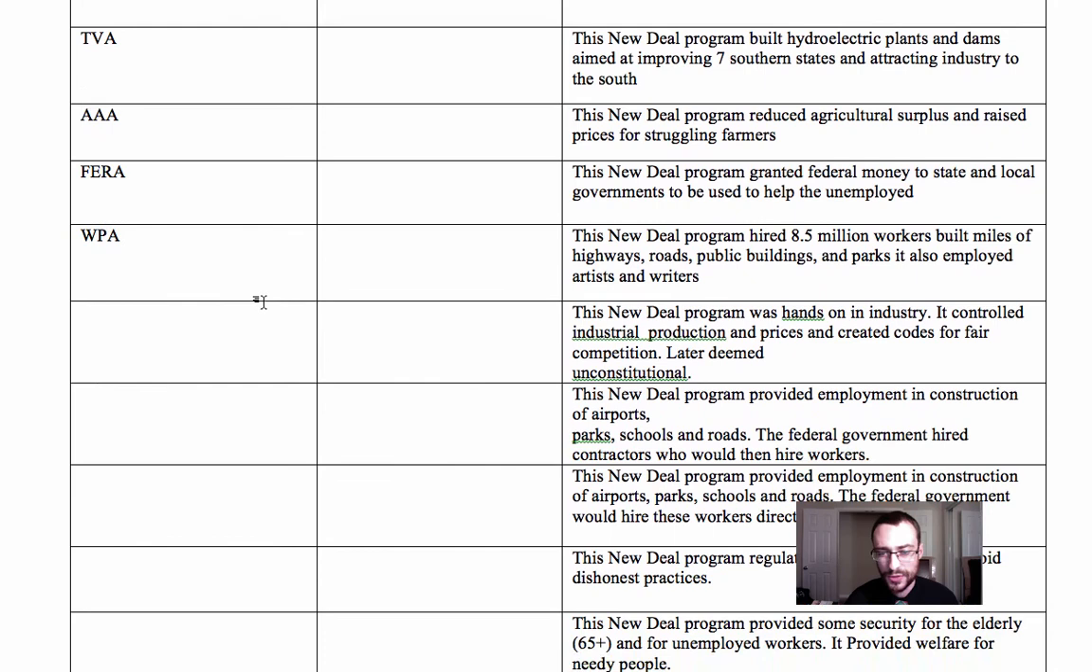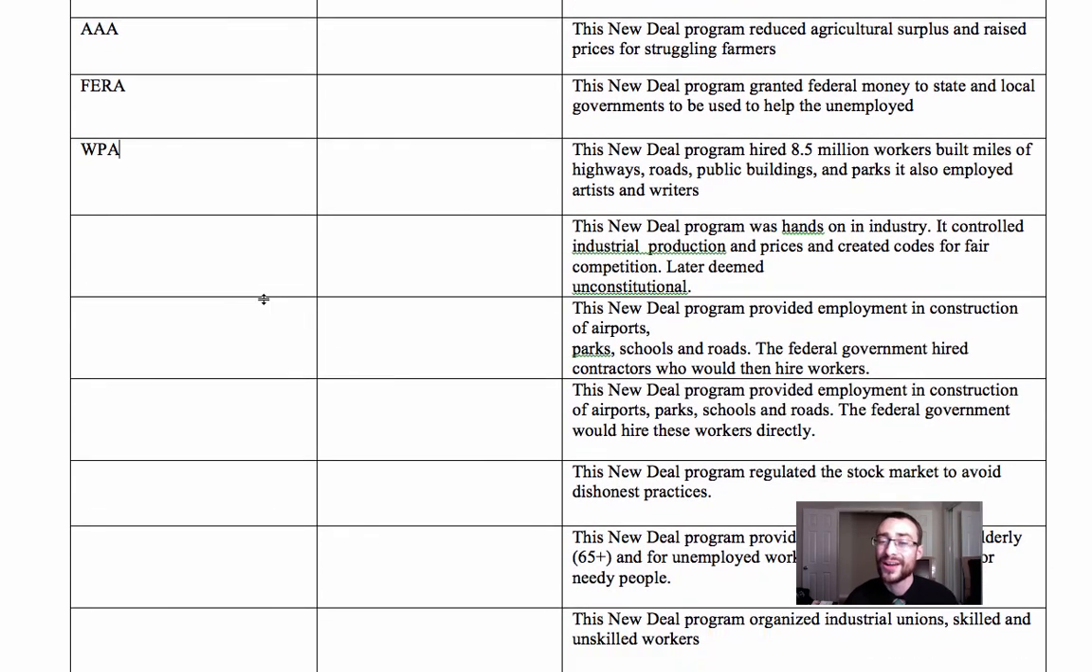Next one, this New Deal program was hands-on industry. Hands-on. It controlled industrial production and prices, and created codes for fair competition. This is the NRA, not the National Rifle Association, but the National Recovery